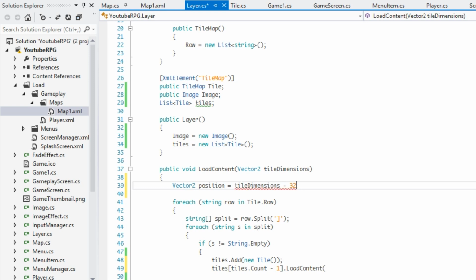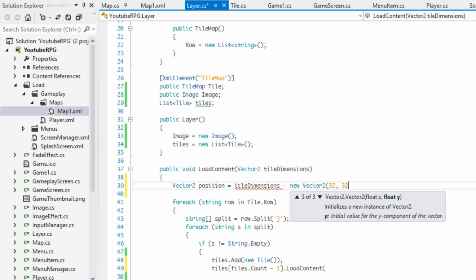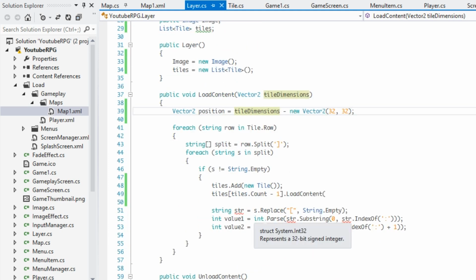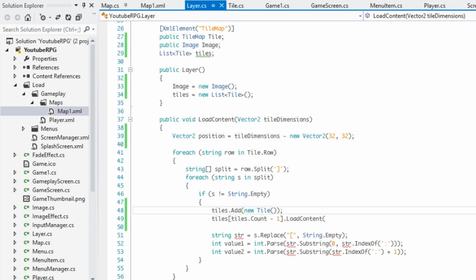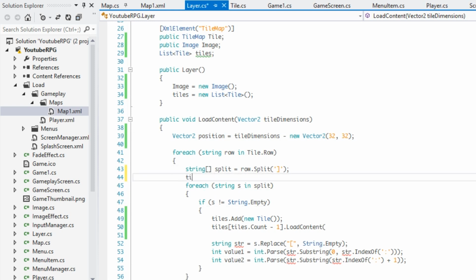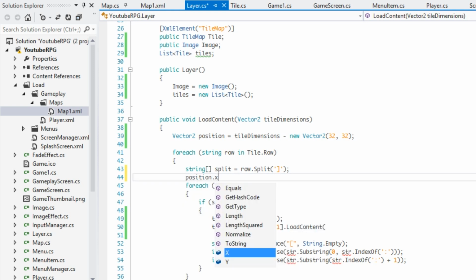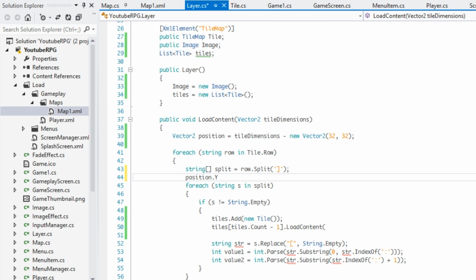I don't know if I could do it like that. Let's say new vector2 32. So we're going to subtract by 32 in each. And every single time we loop right here, we're going to say position.y += tile dimensions.y,